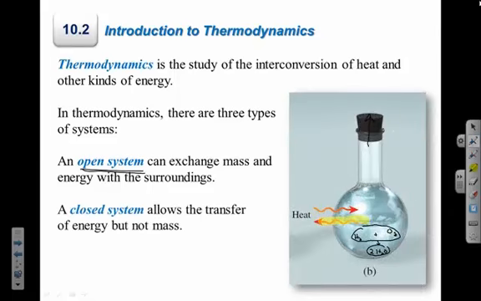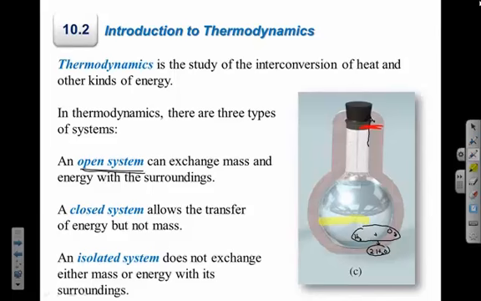A closed system is better because at least now I don't have any water escaping. I've sealed that off. But still, if heat can be exchanged between the system and the room, then that heat just distributes through the room. I don't know how much heat it is. So when we do these reactions quantitatively, we want to use an insulated or isolated system. So now, when this reaction occurs,